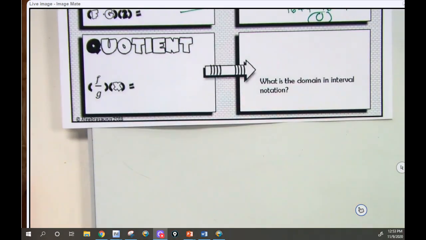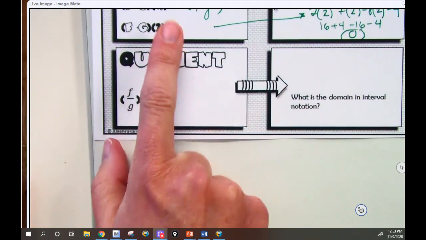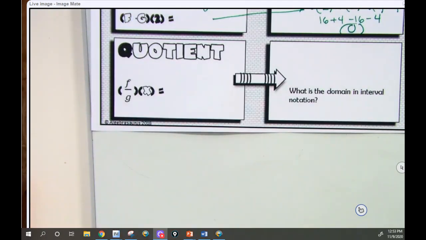Quotient. This one takes it just a little step further than what we've been doing. What number can we not divide by? 0. So when we set up a quotient of things that don't reduce to a whole number, we end up with a fraction, right? And if I have a variable in the denominator, that means it has a chance of equaling 0. So we can set up the division problem, but then we also need to talk about what limits its